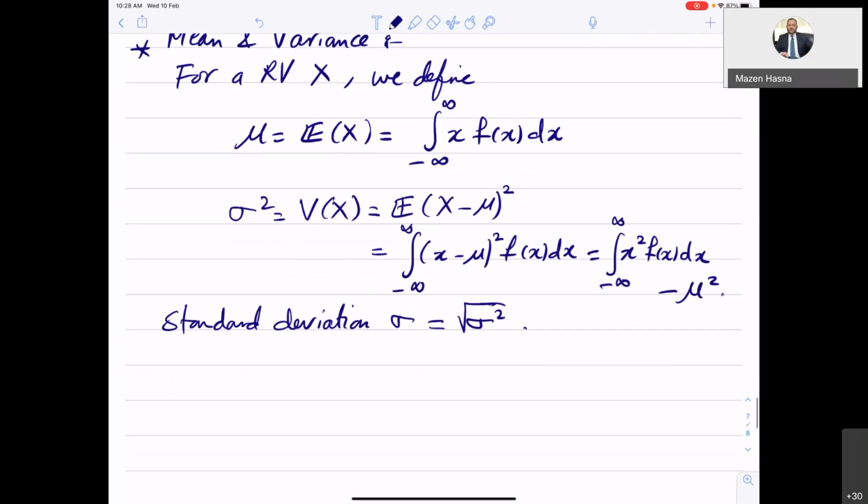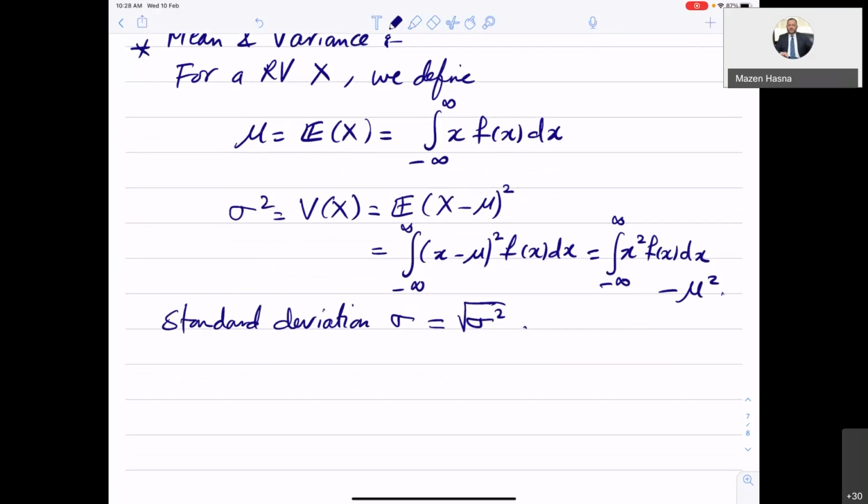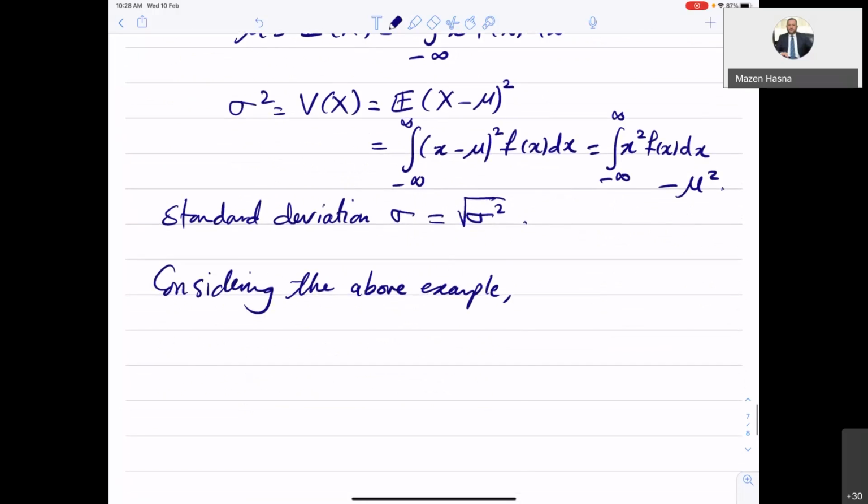Let's do the mean and the variance for the above examples. So considering the above example, where f of x was